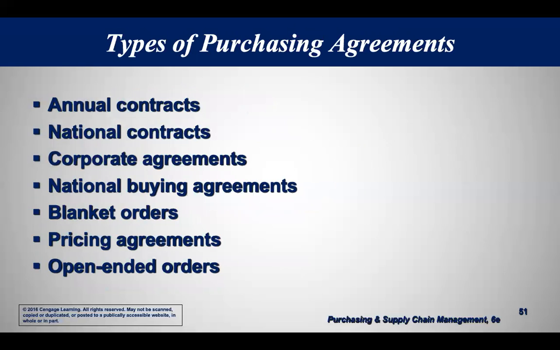Yeah, these are all annual contracts, national contracts, corporate agreements, national buying agreements. That's one good thing, or blanket order. The governments like to do these national buying agreements and blanket orders, where they'll sign a contract with you, and this is a good thing if you're a supplier, that the government must sign a contract with you to supply